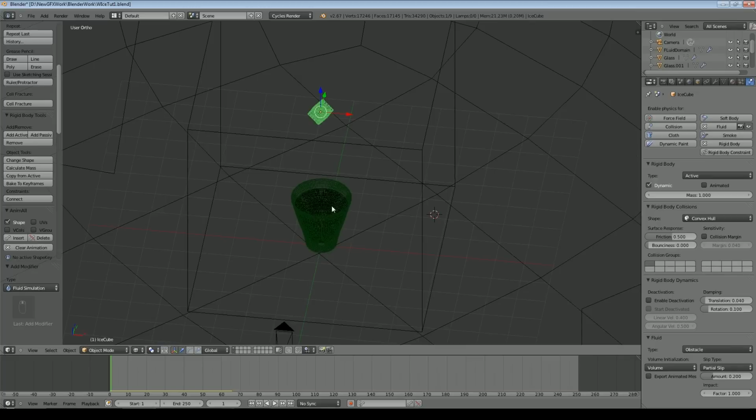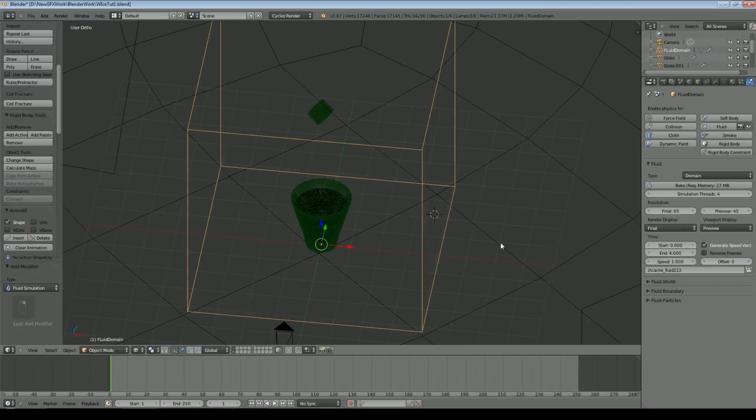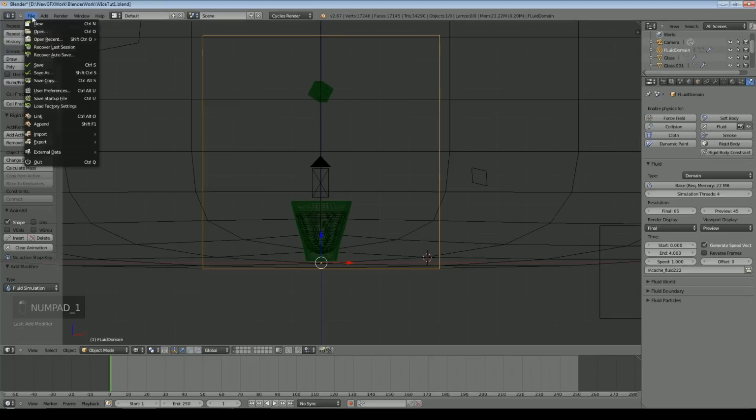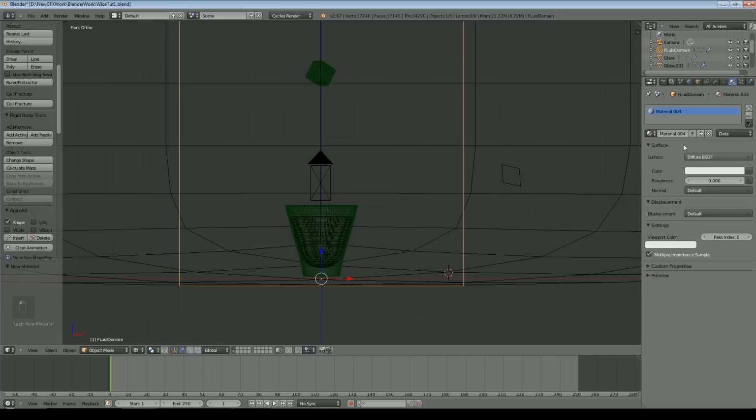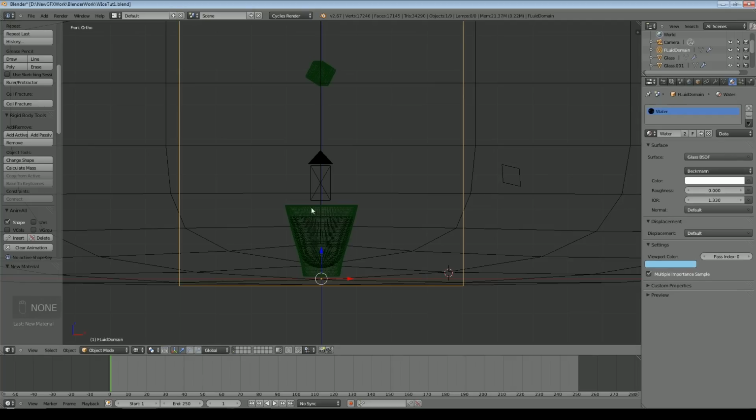So the next thing we need to do is go back to selecting our domain. We'll just save there. We haven't given the domain a texture yet, but we'll do that now, and that of course is going to be the water again. It didn't really matter what texture we gave to the water, as it were, we put in here, because this object in here is just going to tell the system where to put the water that is actually created from this domain box. Once the simulation is done, we can remove that.